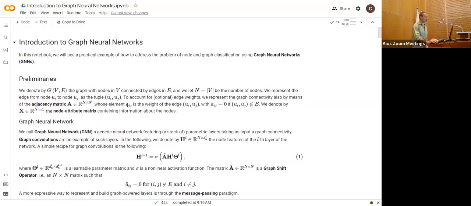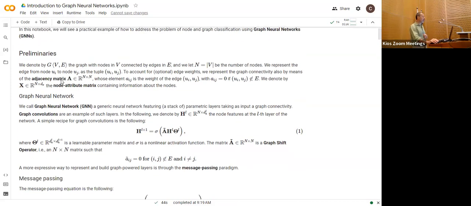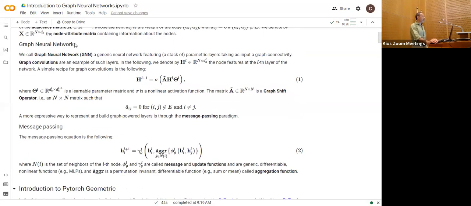Okay, so these are some demos that I use for my students, but if you go through them, you will see all what I was telling you in a very compact way in order to have some recap of which are the basic ideas. So there is always some preliminaries where we say what we are talking about. We recall what is a graph neural network. So if we look at